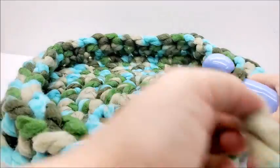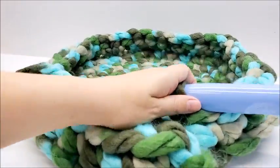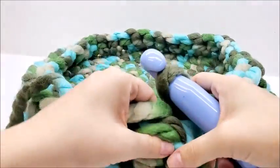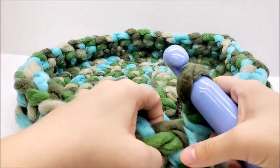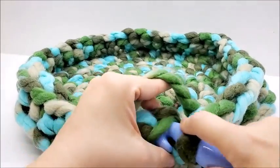Now we're just going to do round 8. We could put a stitch marker here now at the end of that round. That way we know where we end and where we begin. You should have 36 stitches still. You should have 36 now all the time. Now we're going to jump to this very first single crochet here that we did, and we're going to go through both loops of it in single crochet